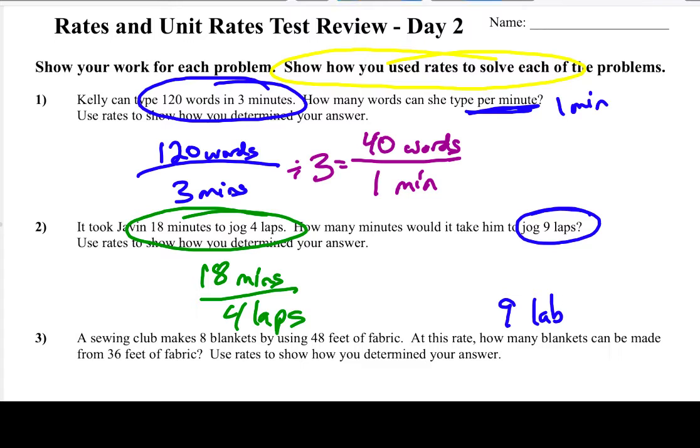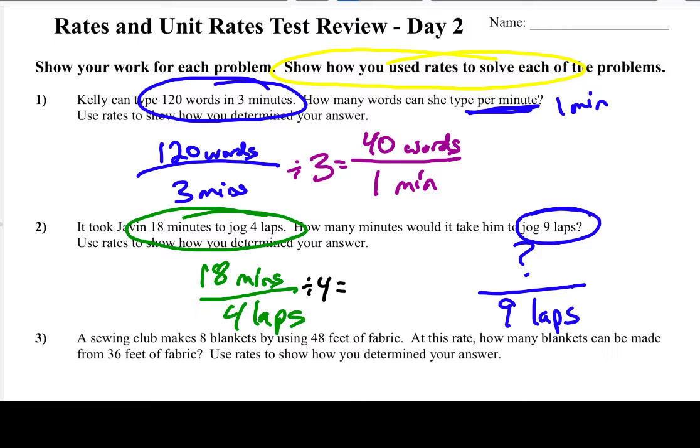9 laps. We want to know how many minutes. Well, the problem in this case is that a 4 doesn't turn into a 9 very nicely. Now, if you can figure out a way to multiply a 4 times something to get to 9, that's fine, as long as you show that work. But for most of us, what we're going to do is turn it into a unit rate. We're going to find out how much it is for 1 lap, and then we can make it into however many laps we want. So just like the last problem, to turn it into a unit rate,